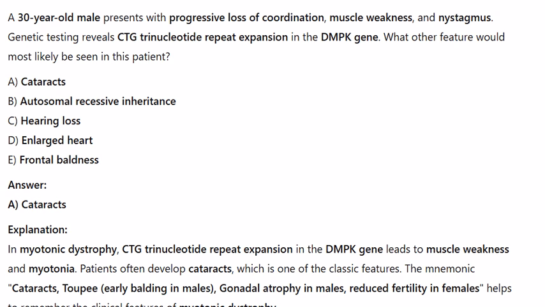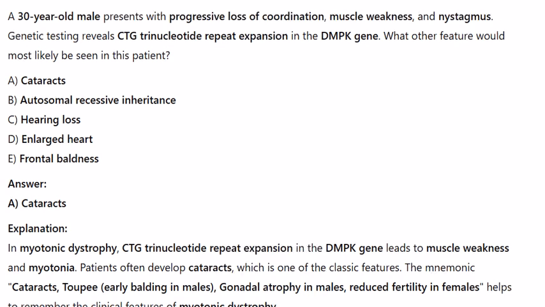Genetic testing reveals CTG trinucleotide repeat expansion in the DMPK gene. What other feature would most likely be seen in this patient? A. Cataracts, B. Autosomal recessive inheritance, C. Hearing loss, D. Enlarged heart, E. Frontal baldness. Answer: cataracts. Explanation: in myotonic dystrophy, CTG trinucleotide repeat expansion in the DMPK gene leads to muscle weakness